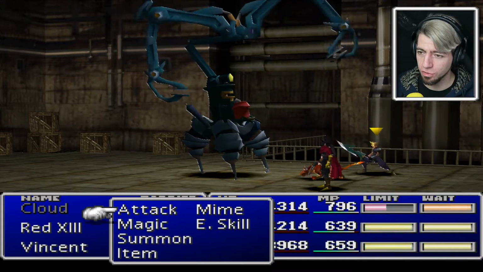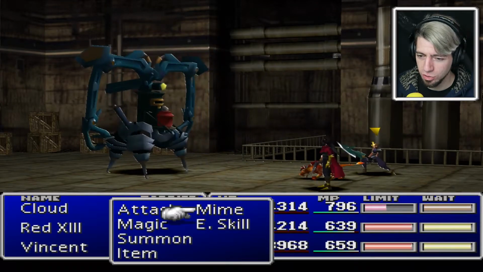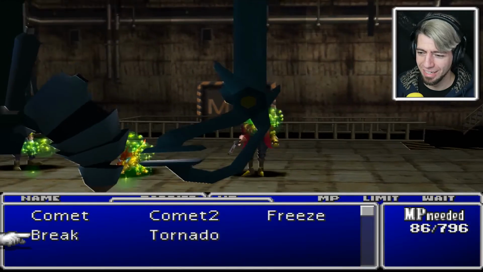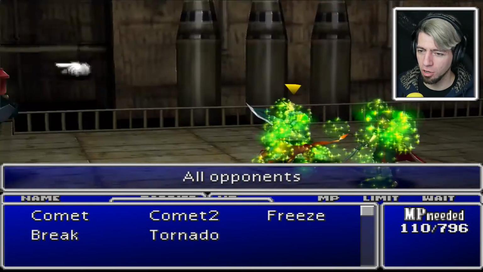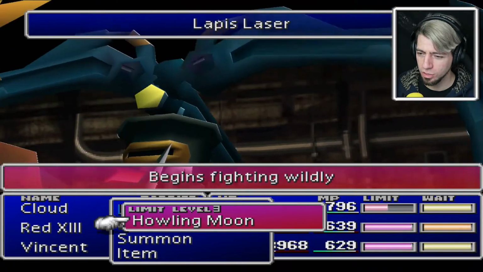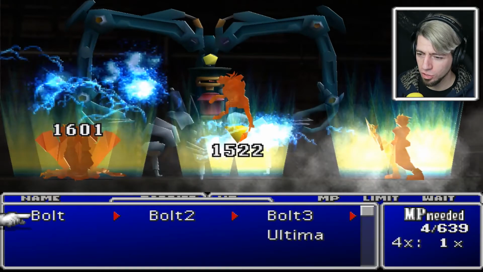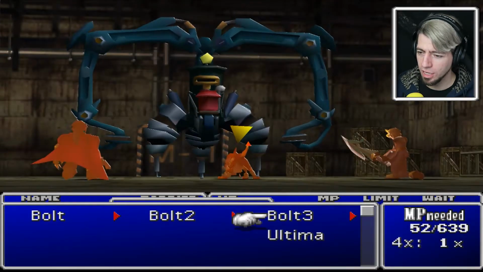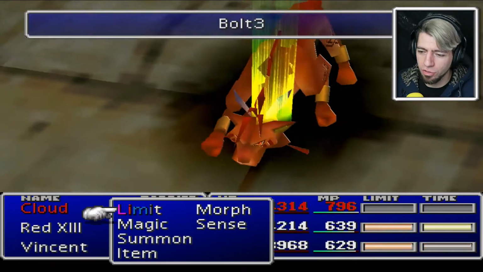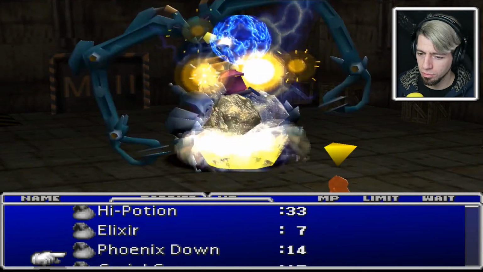So this guy is not tough at all, I don't think. He can grab you in his hands, which is pretty troublesome, I guess. Let's give him a Comet too. We haven't seen that yet, I don't think. Hang on, just before I do that, because once I do it, we kind of lose control. The other thing I can do is Bolt 3 now. I don't know if we've ever... Oh my god, Cloud's dead. I don't know if we've ever done Bolt 3 before. But either way,